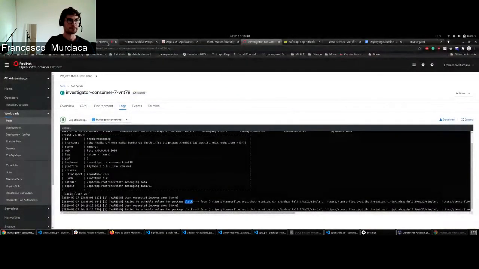Any question? So this will just schedule the solver workflow. The plan of Investigator is that every time there is a release, we send a message, imagine a release-package message.